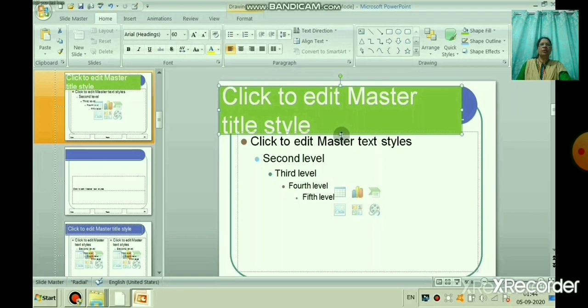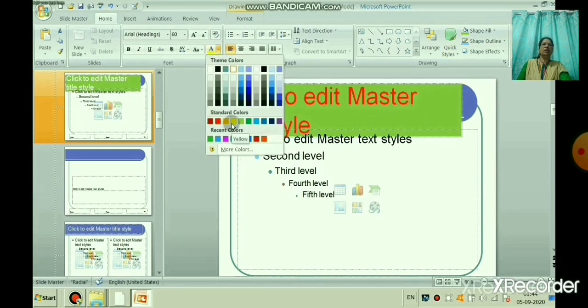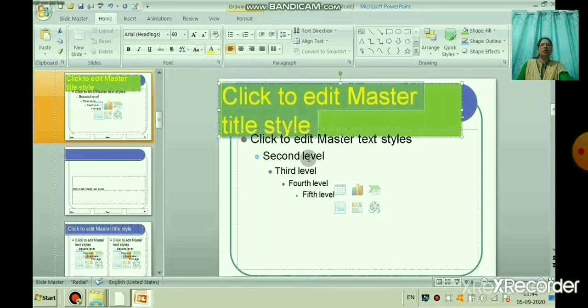So now again select it and change the color of the text, so that you will understand. I am taking a different color. Now see, one slide I have done with the help of slide master.